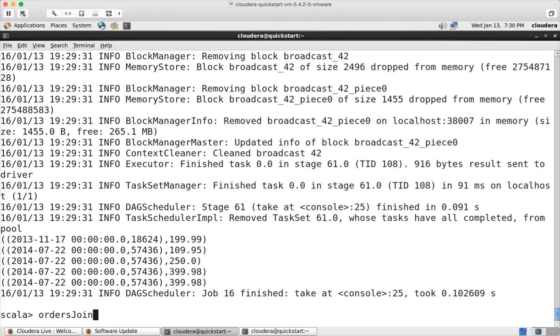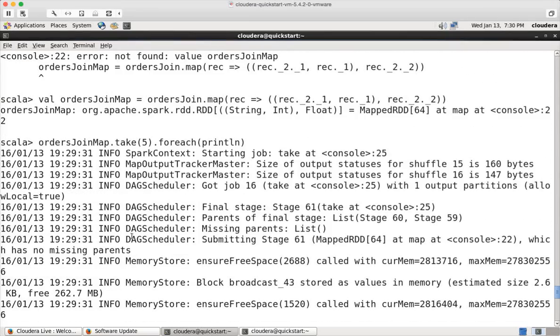orders order item subtotal per order equal to order item subtotal per order. That is the name I have given. You can give whatever name you want. Orders join, what is this name? Orders join